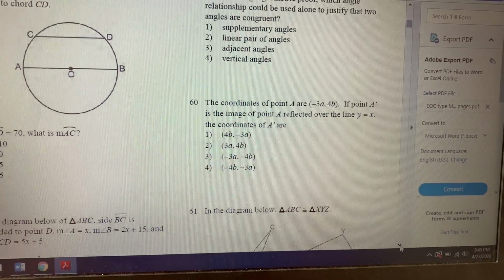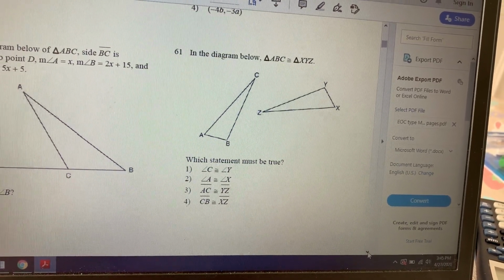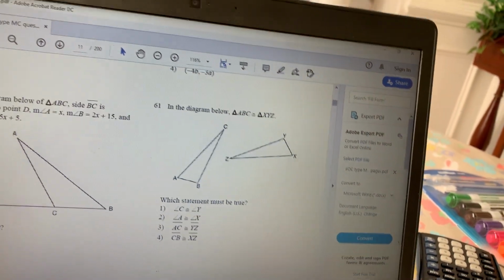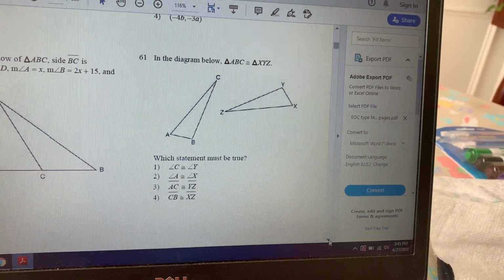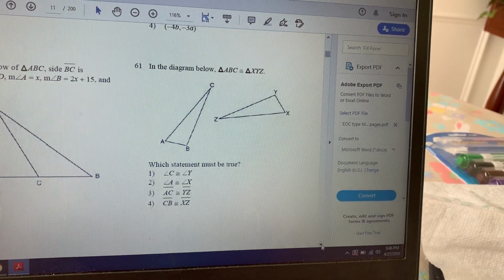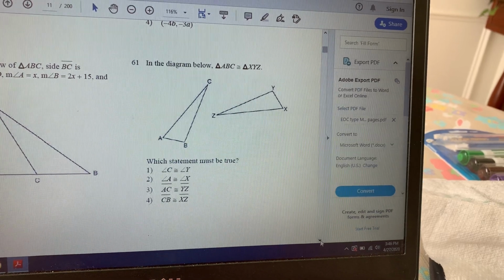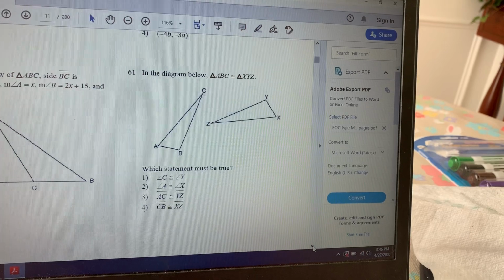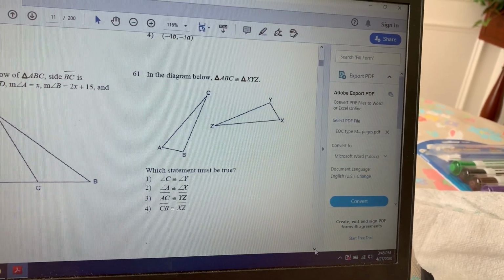All right, going down, I think it's the last question on this page. Diagram below, triangle ABC is congruent to triangle XYZ. So kind of same situation as we had last problem on the last page for the last video, right? Even though the triangles are kind of orientated different, they tell us what's congruent, okay? So I'm going to try to draw it like they have, and then we can label it and go from there. All right, so I got A, B, C, X, Y, Z.